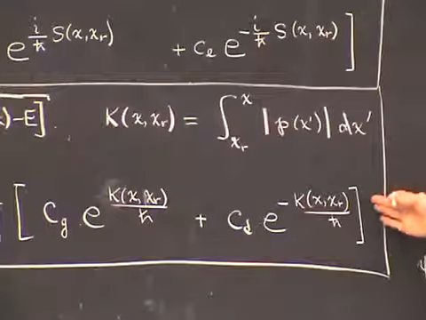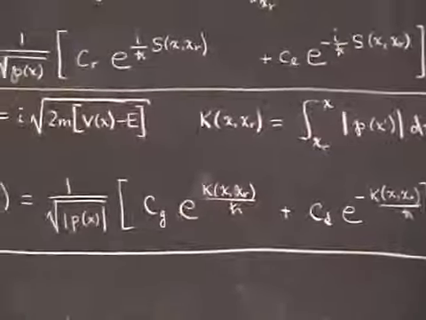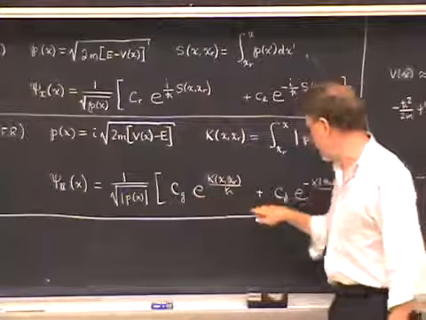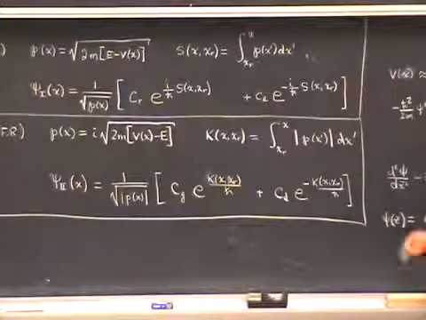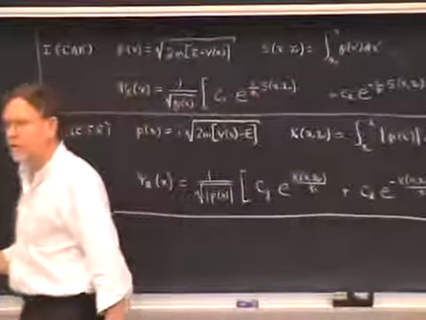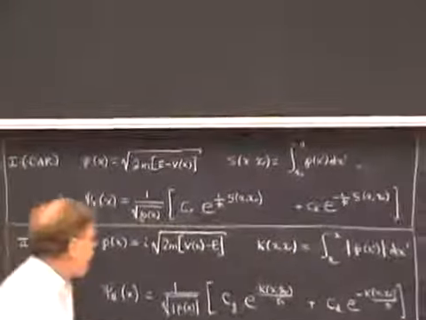And then we form a linear combination of the 2 WKB solutions, a growing one and a damping one, with coefficients C growing and C damping. And so we have these 2 solutions in these 2 different regions, and in each region there's 2 arbitrary coefficients. Now the problem is to connect